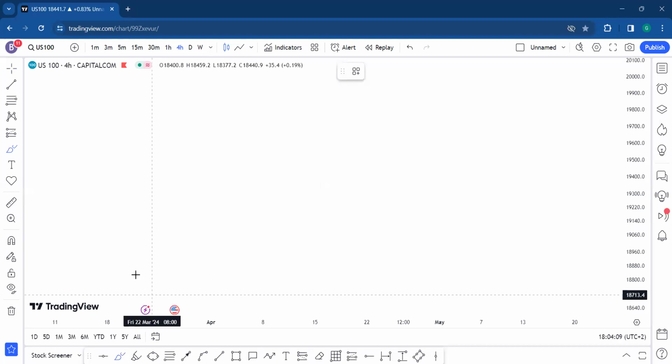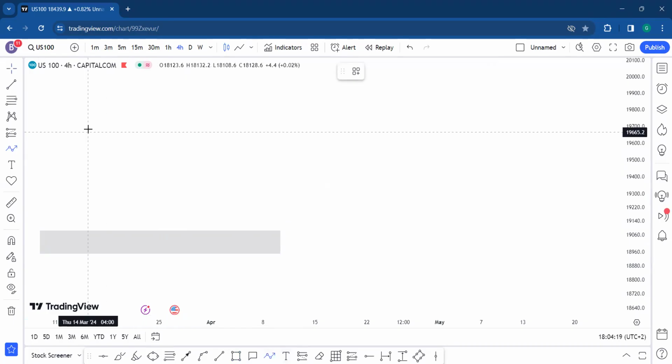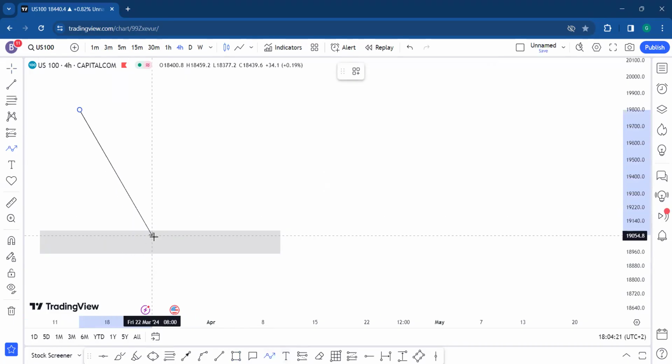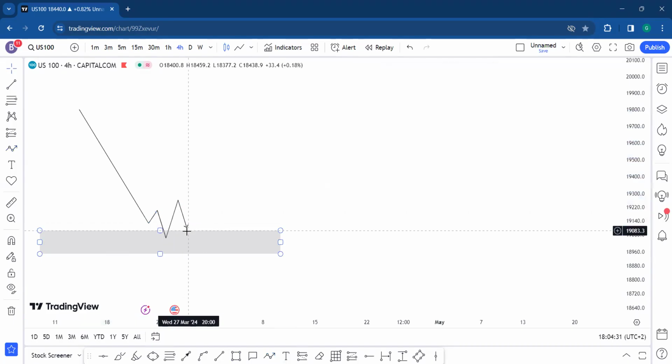So basically, let's say for an example, you have your demand area here, right? Let's say you're not aggressive. Price hits into your area of interest, shifting structure, you hold into this, right? Let's say this is M5. You having your level here, you'll obviously be having a new demand here, right? Let's say you enter your position,